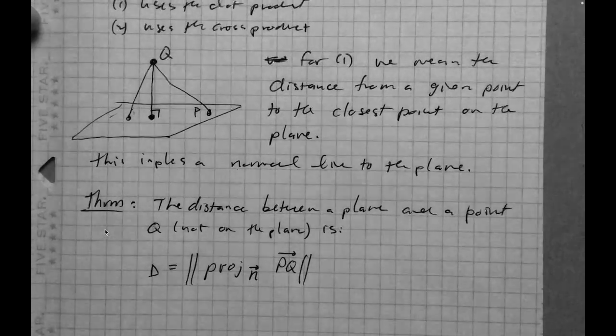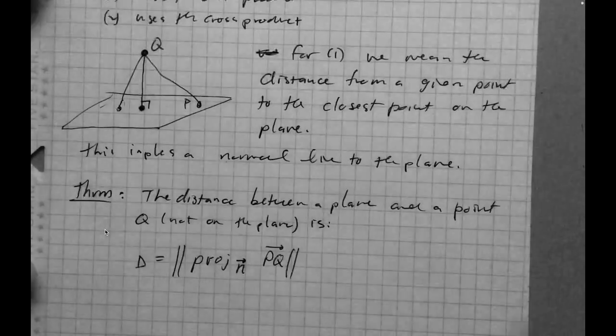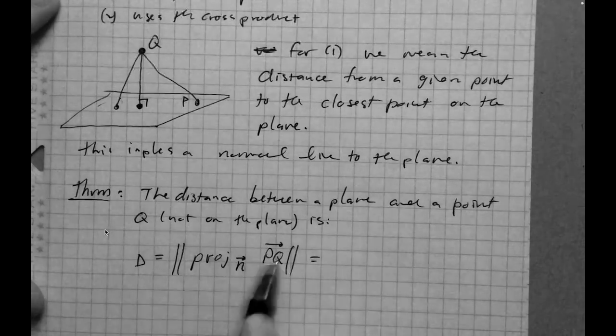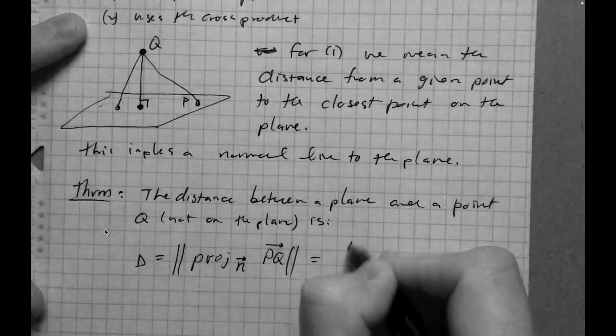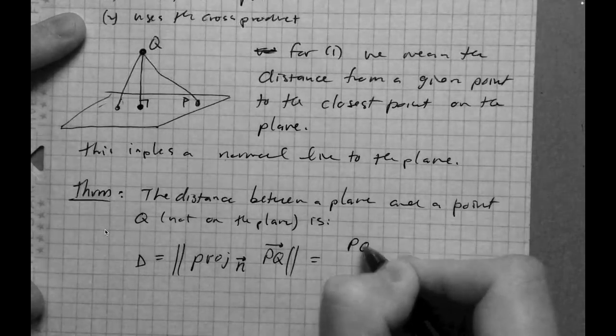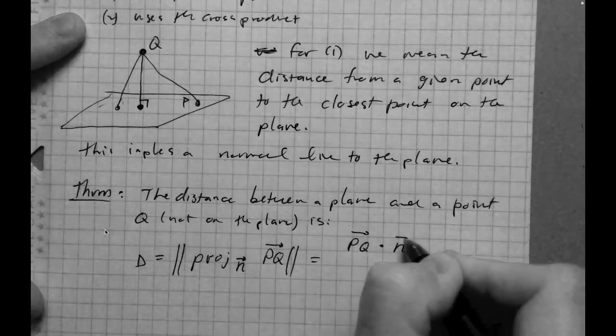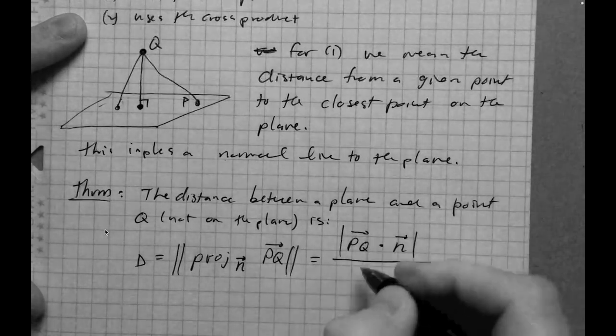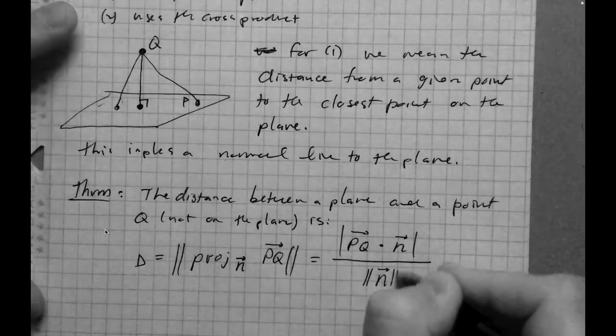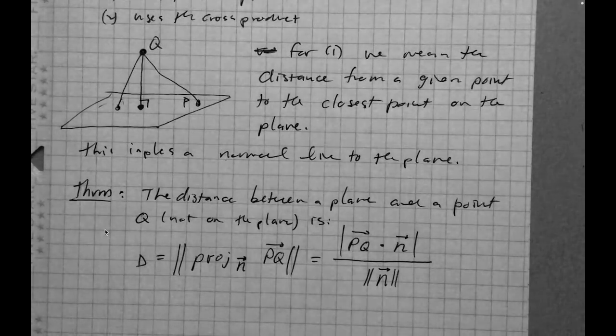And this can, of course, be simplified some. Well, what does this mean? Well, what is the projection? It's the dot product of PQ and the normal vector n. You take the absolute value of that, and then you divide it by the norm of n. Okay, that's how you get that projection. So that's relatively